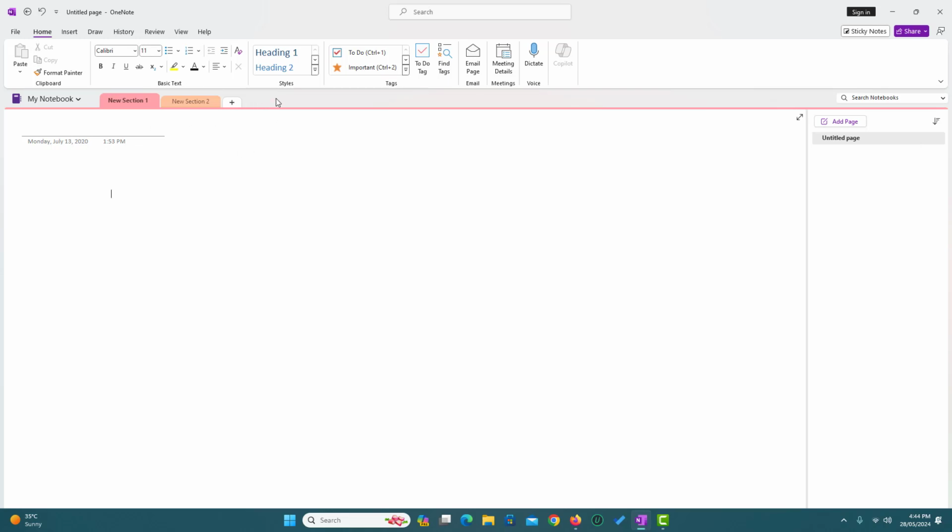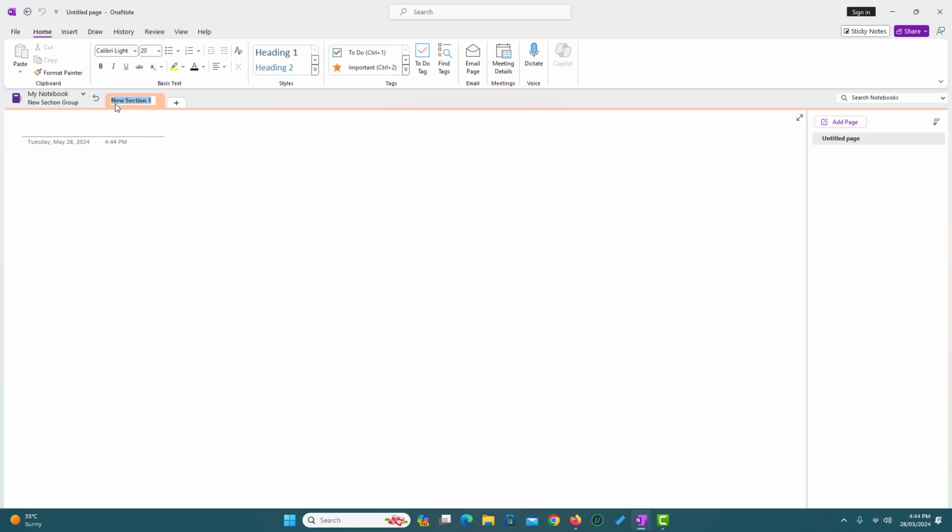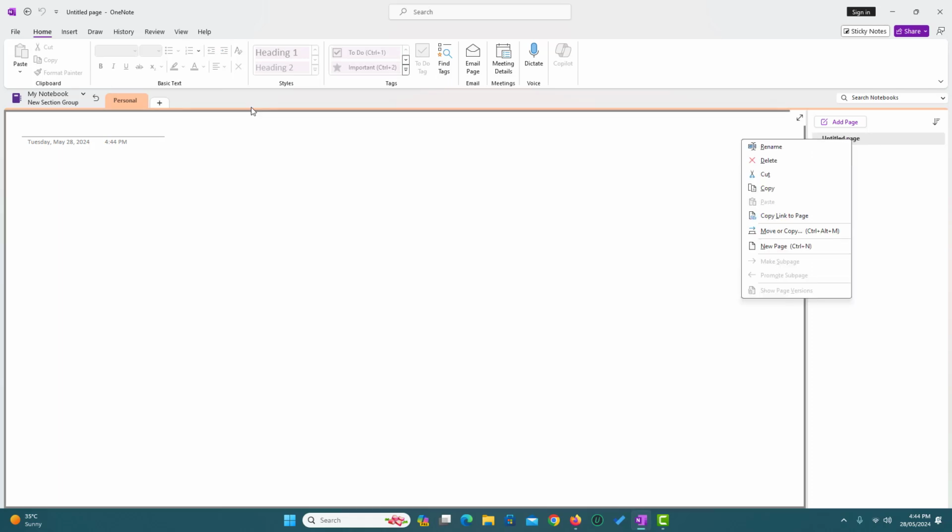So first thing is that you can create a new section or the new section group. So let's create a new section group and see what it is. So if suppose this is the one, you can just create a new section here, and it could be, for example, personal. So let's get the name as personal, and in personal you can just have different pages. For example, this is your first page, and let's change it to maybe